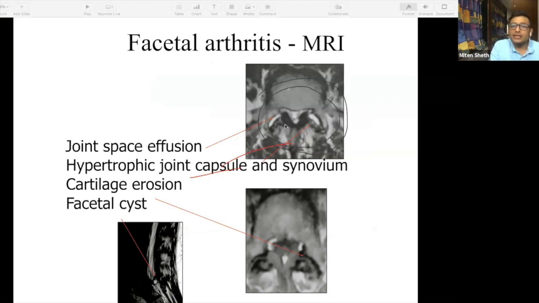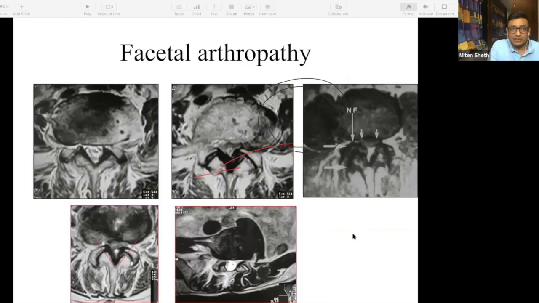Then you see there is hypertrophy of the ligamentum flavum. The ligamentum flavum is here, in between. So that is basically what you are seeing in a facet arthritis. So there are different types of facet arthropathies like this. You will see unequal-looking facets. You will see one facet which is too fat compared to the other facet. You will see that the cheese has gone away. So you have cheese here, but you have no cheese over here.